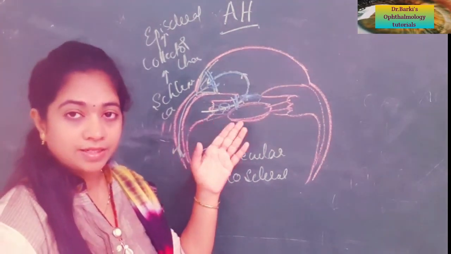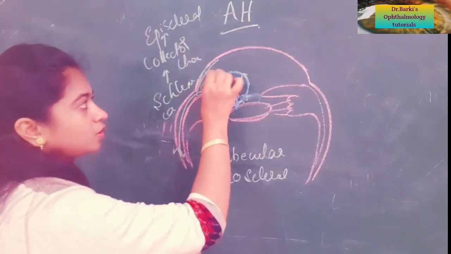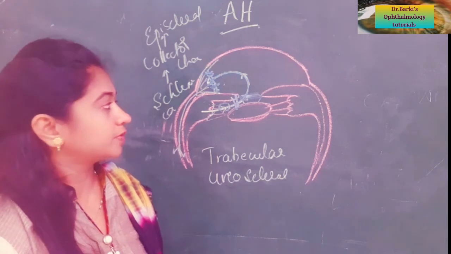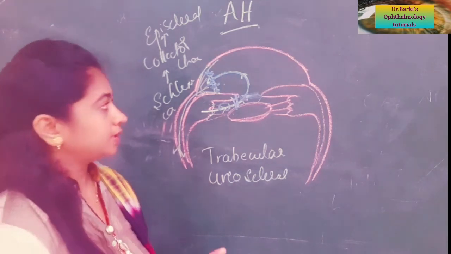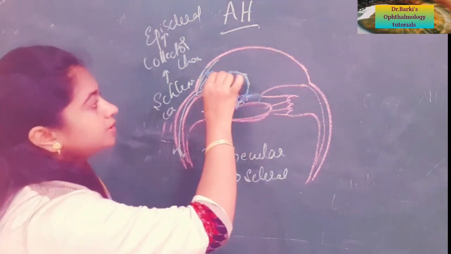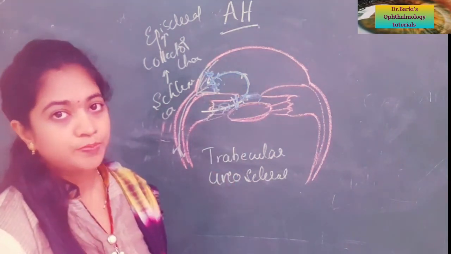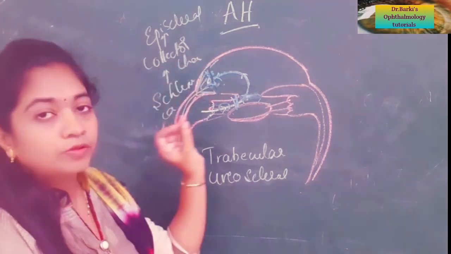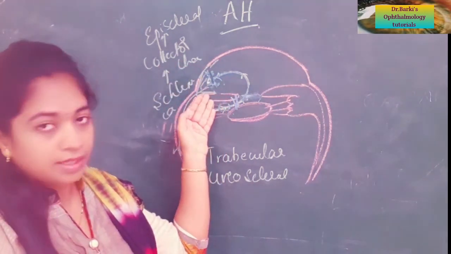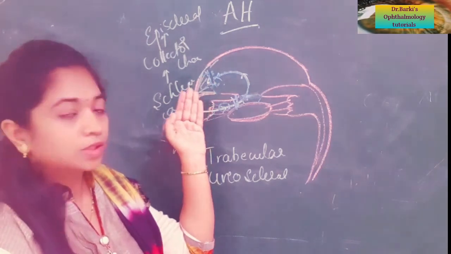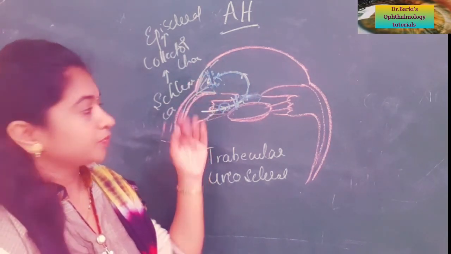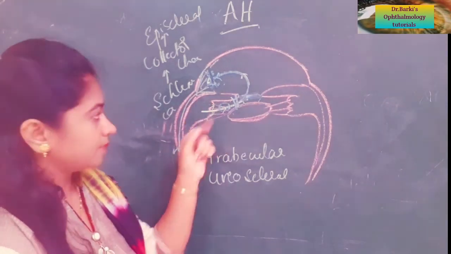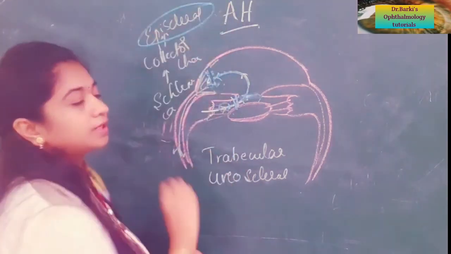And when it comes to the anterior chamber, if the trabecular meshwork is blocked, the sieve-like structure is blocked because of inflammatory cells, or because of blood, the cause can be anything. If the sieve is not working properly, again the aqueous is not getting drained out, leading to raised intraocular pressure. There can even be synechiae, meaning the apposition of the cornea to the peripheral iris, leading to blockage of the trabecular meshwork. So all these mechanisms can contribute to raised intraocular pressure, and ultimately the episcleral veins.